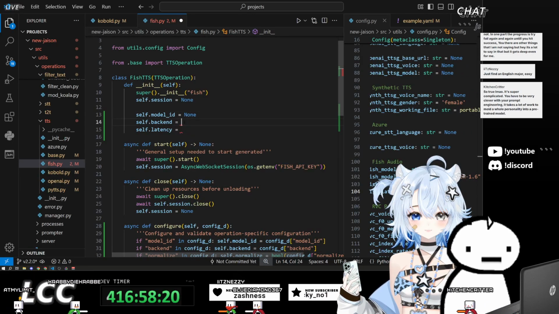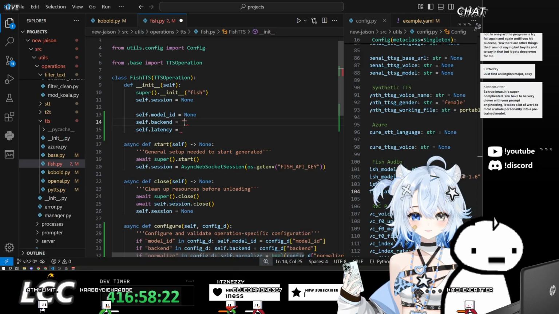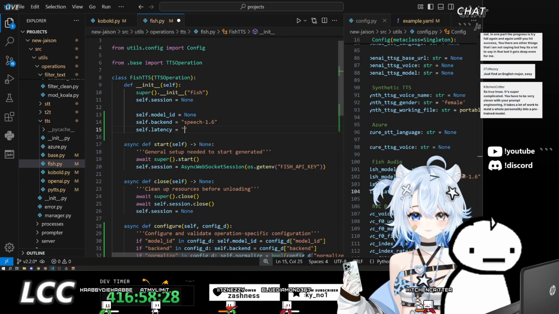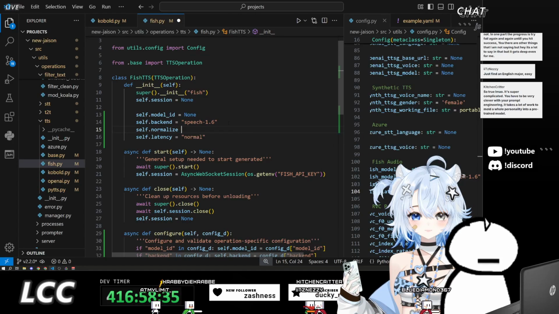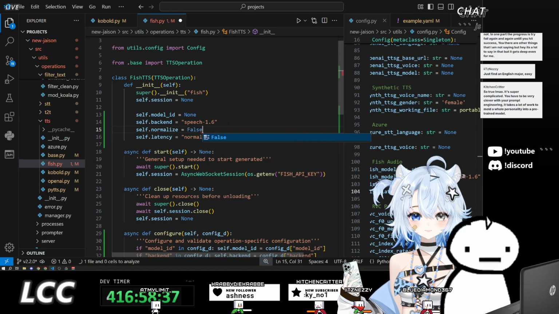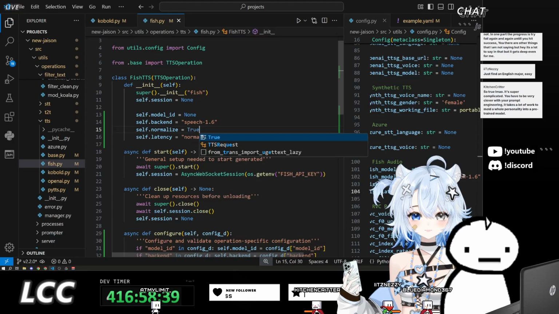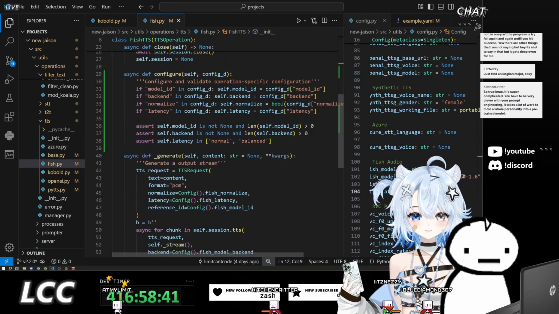This is going to be none. That needs to be set by the user. This can be speech 1.6, and this can be a normal latency with no normalization. Actually, no. Normalization is fine. I'll just set that to true by default.